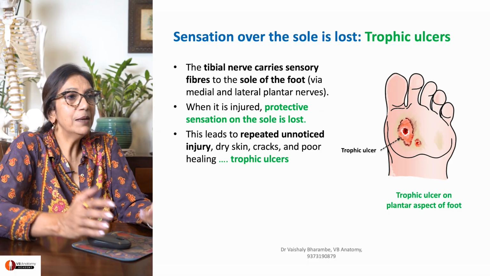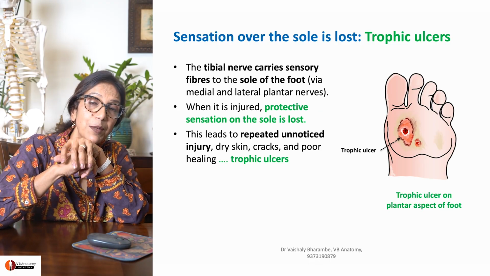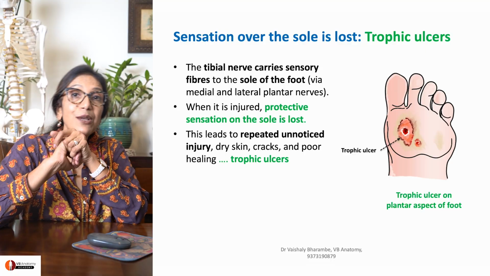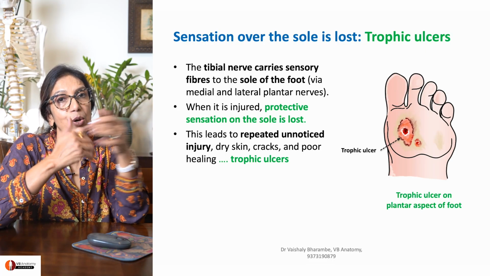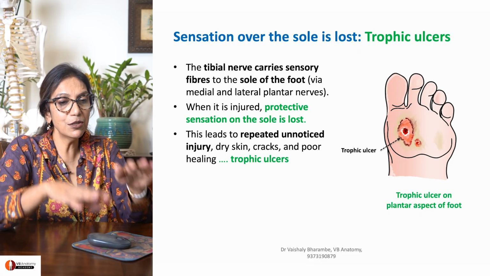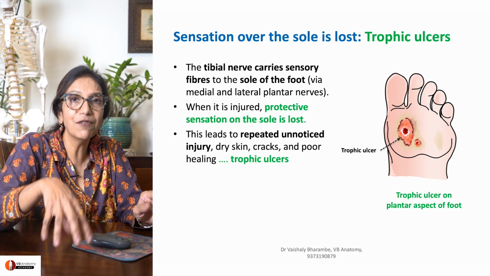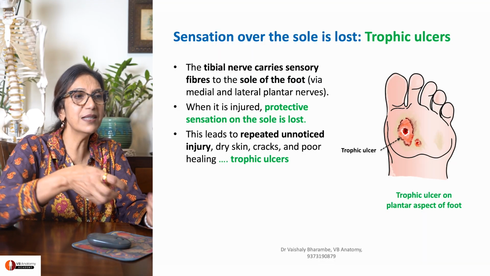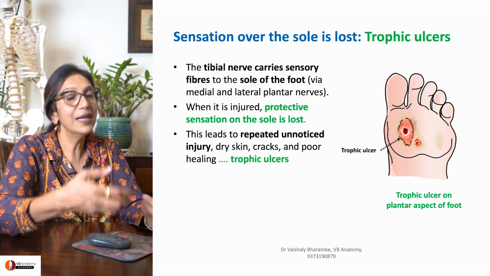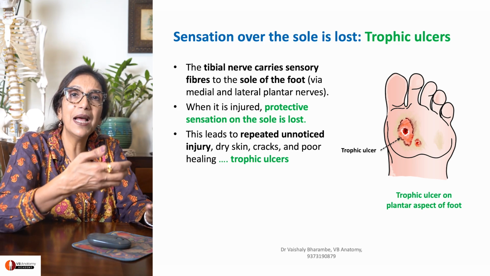Right. But then ma'am, what happens if sural nerve is also gone? Will the patient have any problems? Of course. I'm so glad you asked. So yes, the patient has got a cutaneous loss. So what happens when he begins to walk on the ground? He doesn't feel the ground on which he's walking. So suppose he hits a stone, he doesn't understand it, because the cutaneous supply is lost.